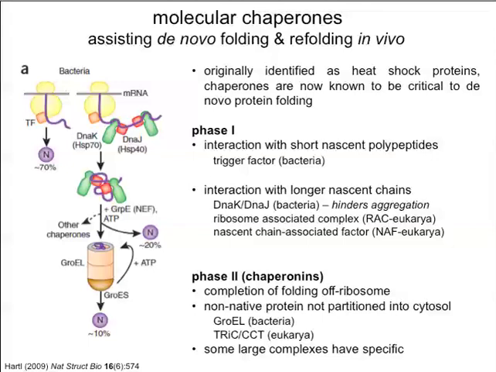Let's see, what else do I want to say about this? We're going to talk in detail about GroEL in a moment. I'm also pointing out that the eukaryotes have different systems, but we believe that they behave in similar fashion to the GroEL chaperonin system. Oh, I didn't complete my sentence here. Some large complex proteins have very specific chaperones or signals that determine what chaperones they interact with, and what their ultimate folded fate or maybe oligomeric state will be.